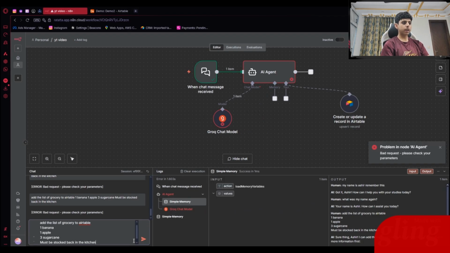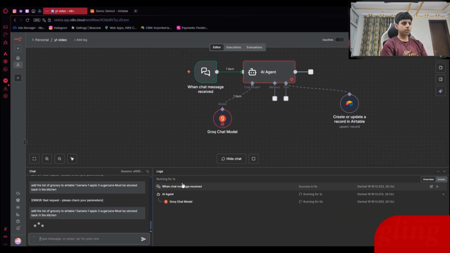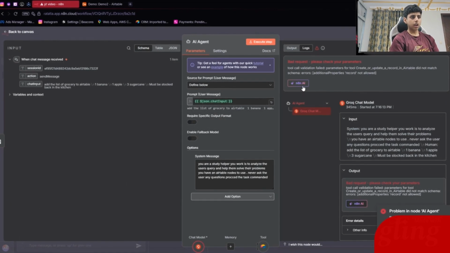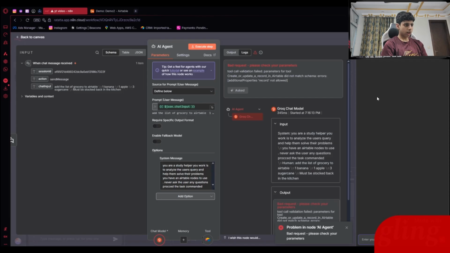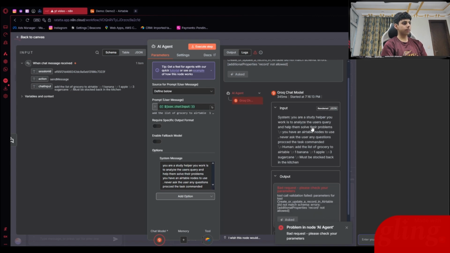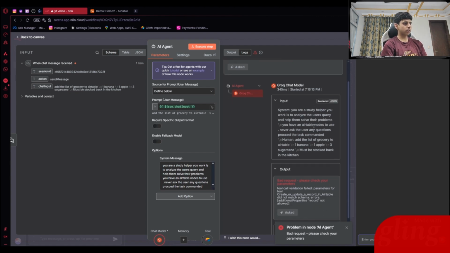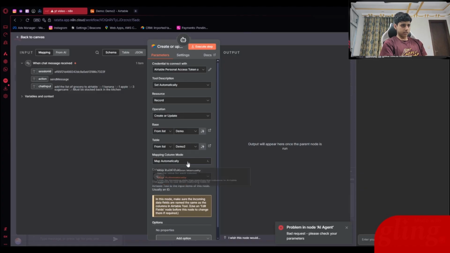Right now I've manually marked it, and by clicking on this button, I've allowed AI to write anything in this field. Okay, after this, let's test it again. So I wrote: add the grocery list to Airtable: 1 banana, 1 apple, 3 sugarcane must be stocked back in the kitchen. So let's send this to our agent, and our agent has successfully